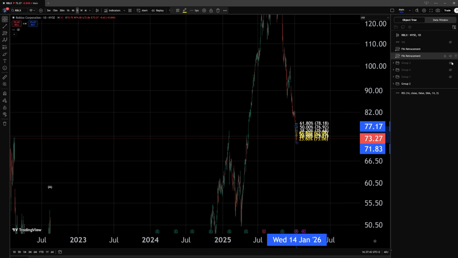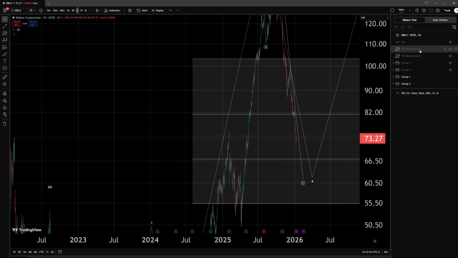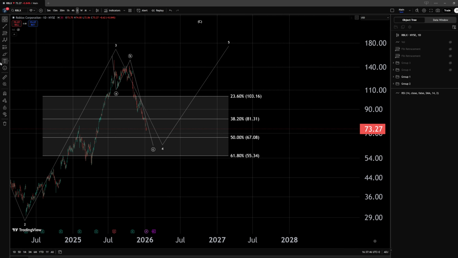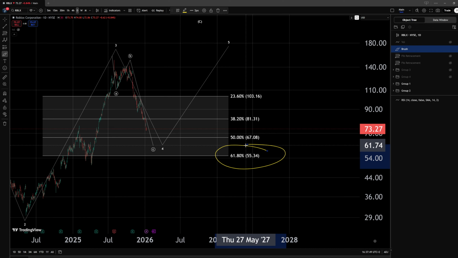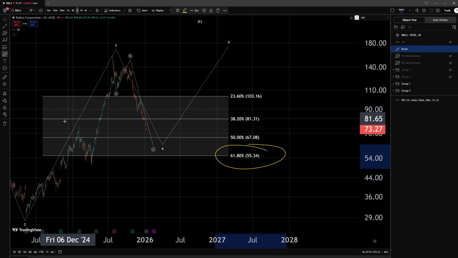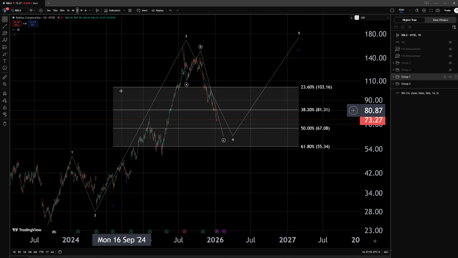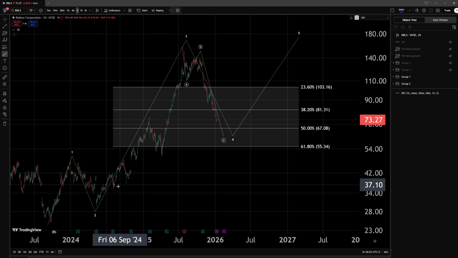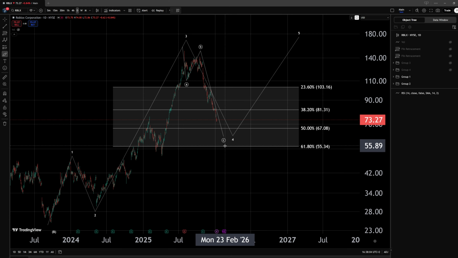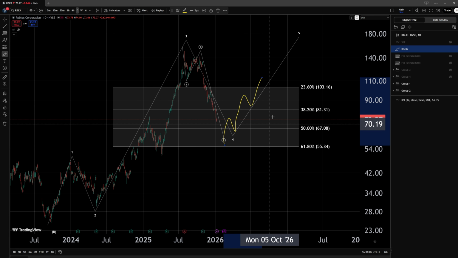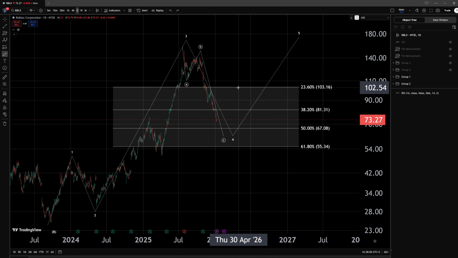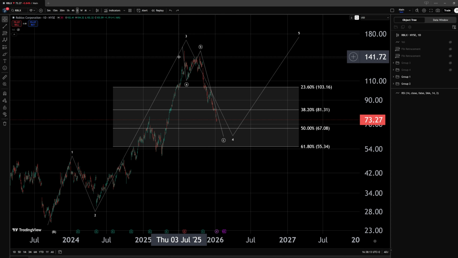And before I let you go, actually, I wanted to also show you once again the large area of support. Again, this would need to hold the 61.8% retracement, otherwise we would need to shift to a different interpretation and quite possibly expect a large degree failure, possibly heading even to new all-time lows. But certainly this structure is not too reliable within this time frame. Maybe if we build an internal 5-wave move to the upside once we actually form a bottom, but for now the risk is certainly there and we should be prepared for further continuation lower.